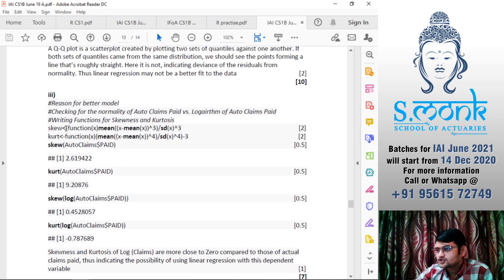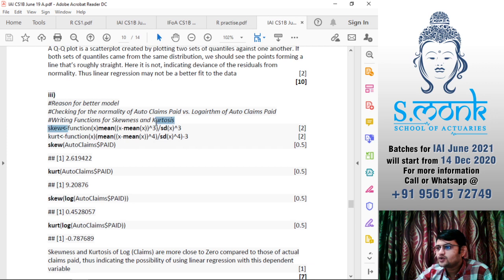So skewness, you know the formula of skewness. It is going to be nothing but the average of (x minus x bar) whole cube, divided by n. But this skewness is nothing but, I think, the coefficient of skewness. Coefficient of skewness is going to be skewness divided by standard deviation cubed.